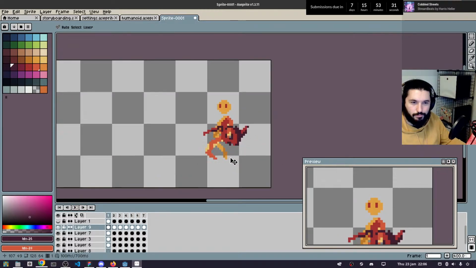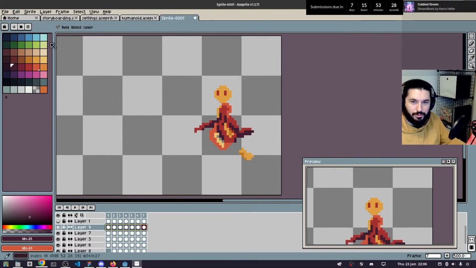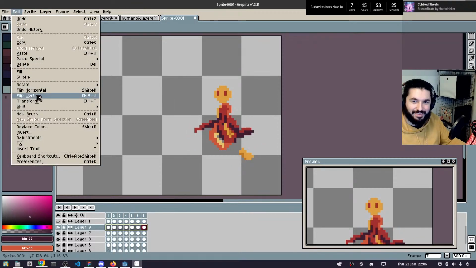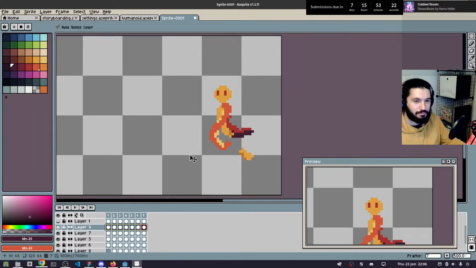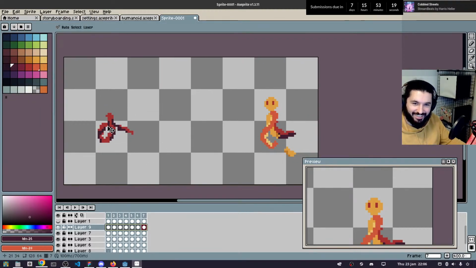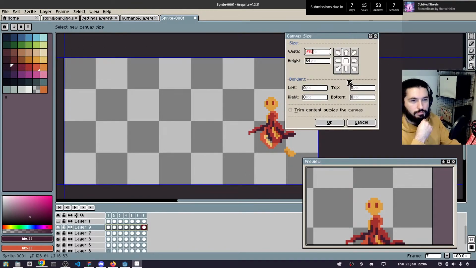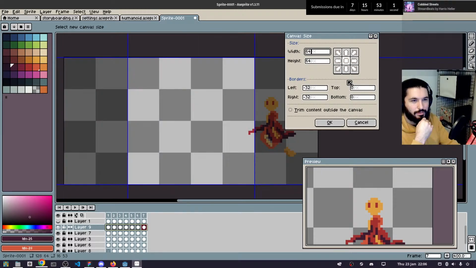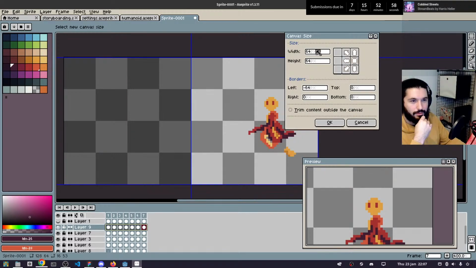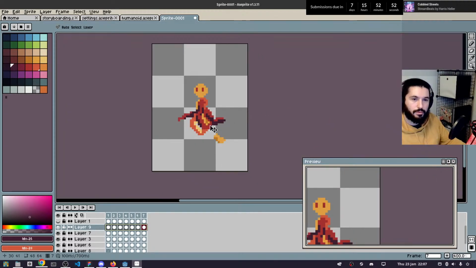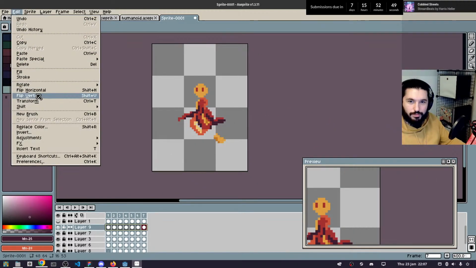And then maybe mirror. Flip horizontal. Oh. Let's do sprite size. No, canvas size. And what are we down to there? 48. Now let's until